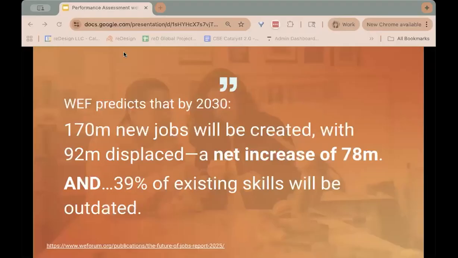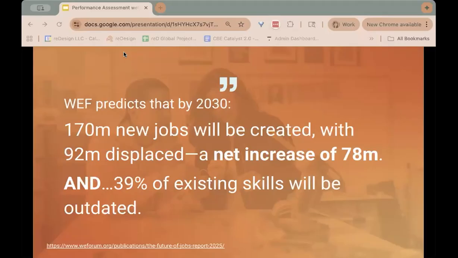The World Economic Forum is predicting that by 2030, there will be a net increase of 78 million new jobs. That should be cause for some celebration, except they are also saying that 39% of existing skills will be outdated. And if we put that together with the two previous slides, what we're saying is we are already sending young people into the workforce who are not surviving their first year of work, and their managers do not think they're ready.